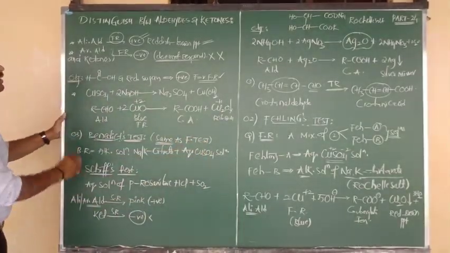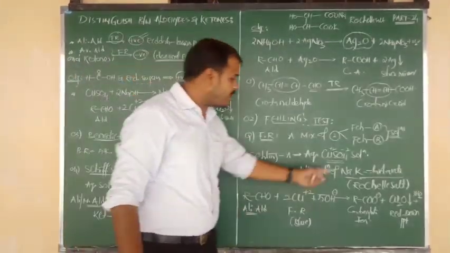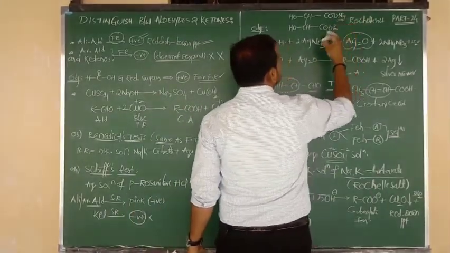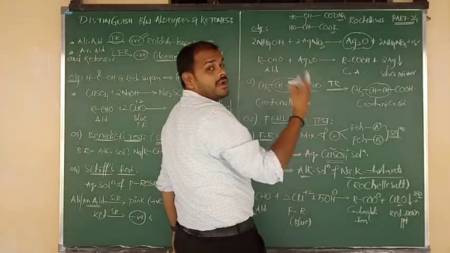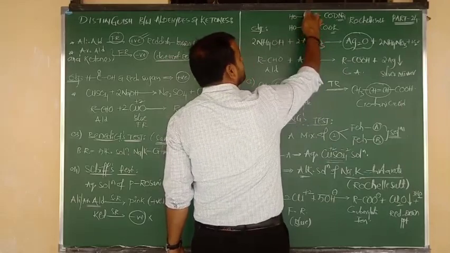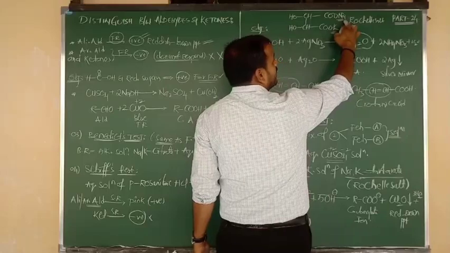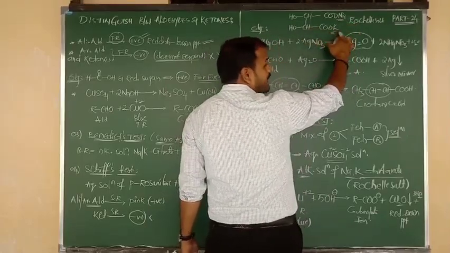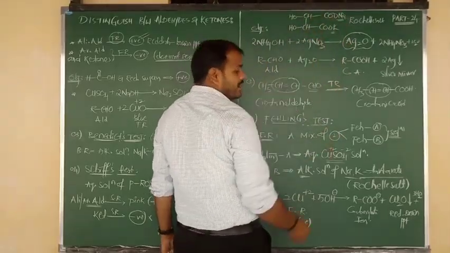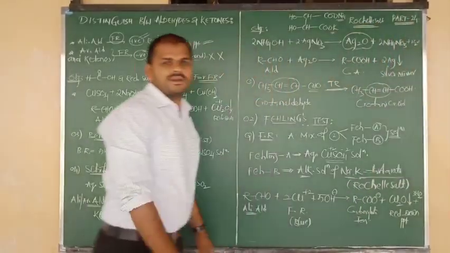Next one is, sir, what is meant by Rochelle salt formula? Sodium potassium tartarate. Yes, this is sodium Na, this is potassium. The remaining formula looks like tartaric acid. OH bonded to CH, again OH bonded to CH, and between the 2 CH there is a bond. One CH is connected to COONa, and the other CH is connected to COOK. It is the sodium and potassium salt of tartaric acid, and the short name is sodium potassium tartarate. The common name is nothing but Rochelle salt.